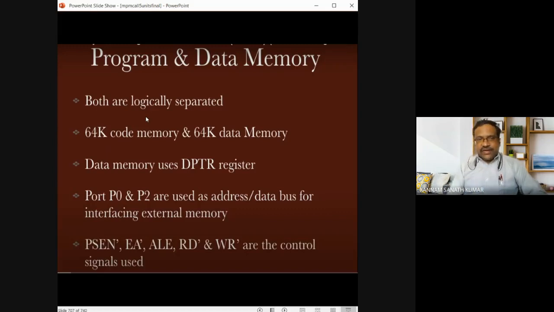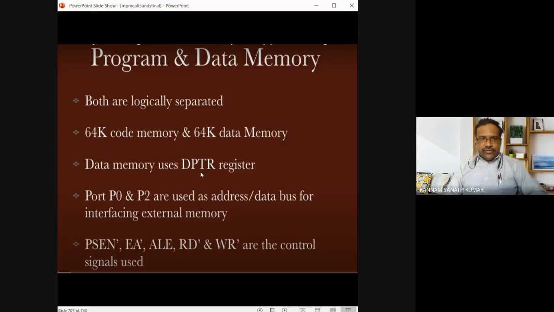In order to access the data memory, we use a special register, which we call DPTR, the data pointer. And in order to access the external memory, we use two ports, port 0 and port 2.